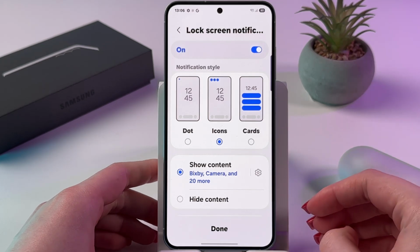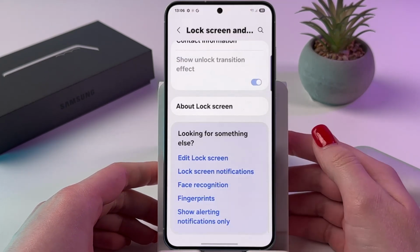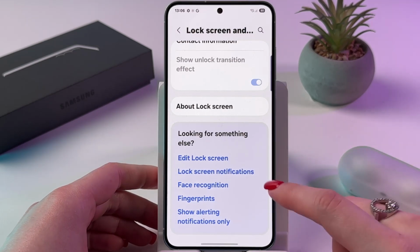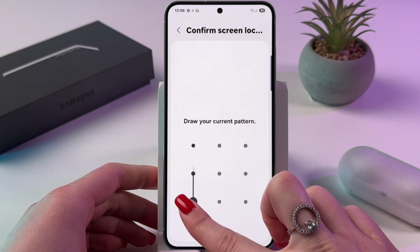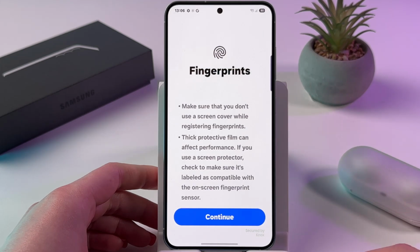Here you can customize your lock screen notifications. Just tap Done, and now we can actually set fingerprint. So scroll down, choose Fingerprints, then draw your current pattern or enter PIN code or password, and then tap this